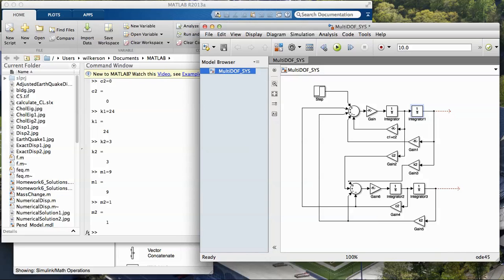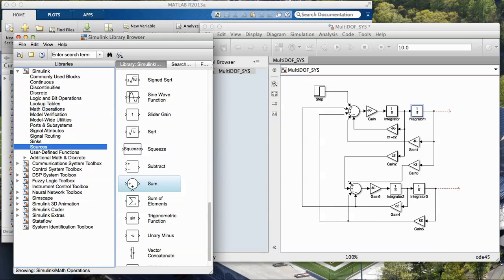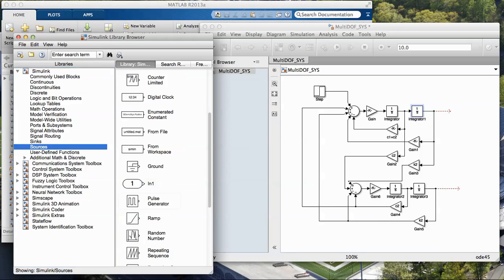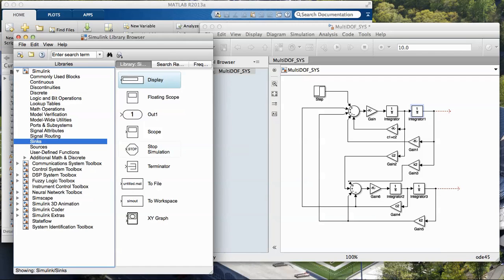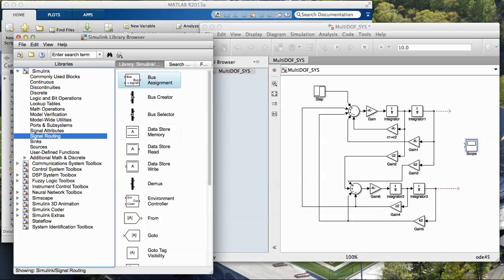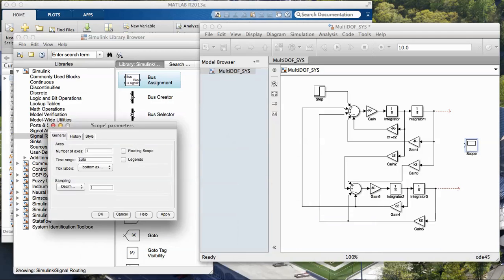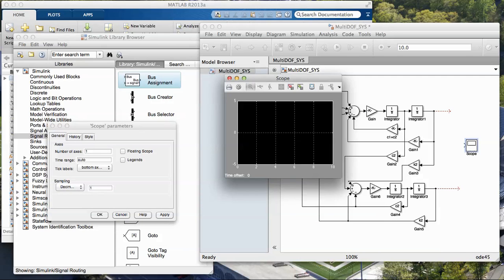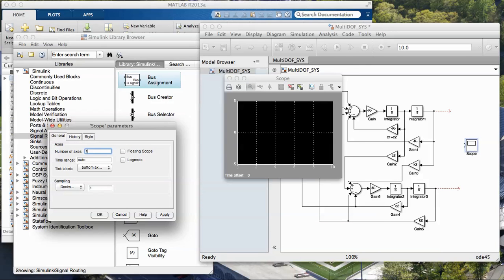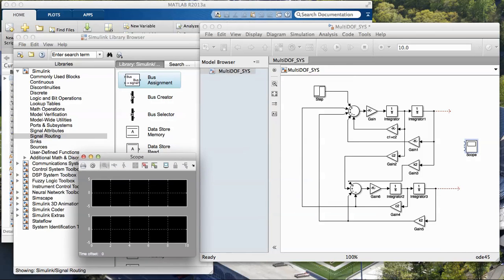And now I'm going to need a scope to look at this. Okay, so I'll get sinks. I'll grab a standard scope and stick it over here. And I'll need to route 2 signals into it. Or actually, let's do this. We'll make this, show you the scope parameters. I'm going to use 2 axis. Okay? So if I change that to 2 axis when I bring up my scope, and I did that by